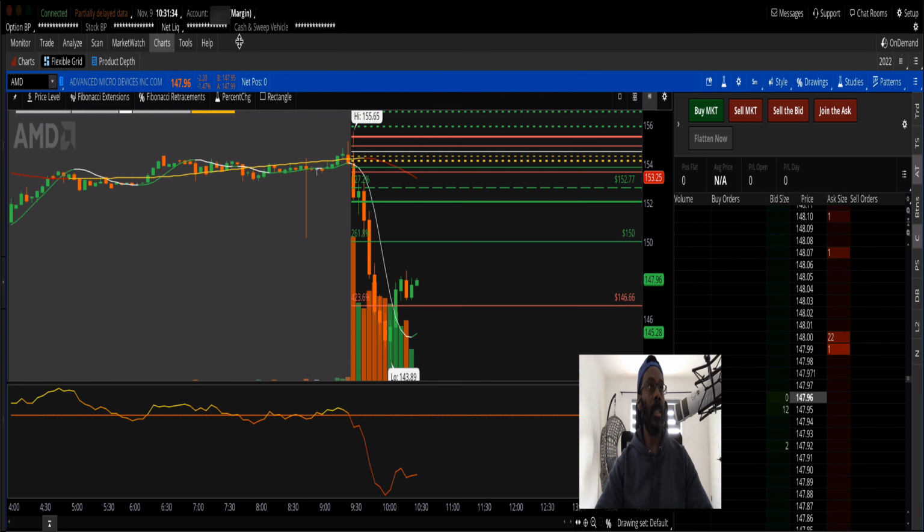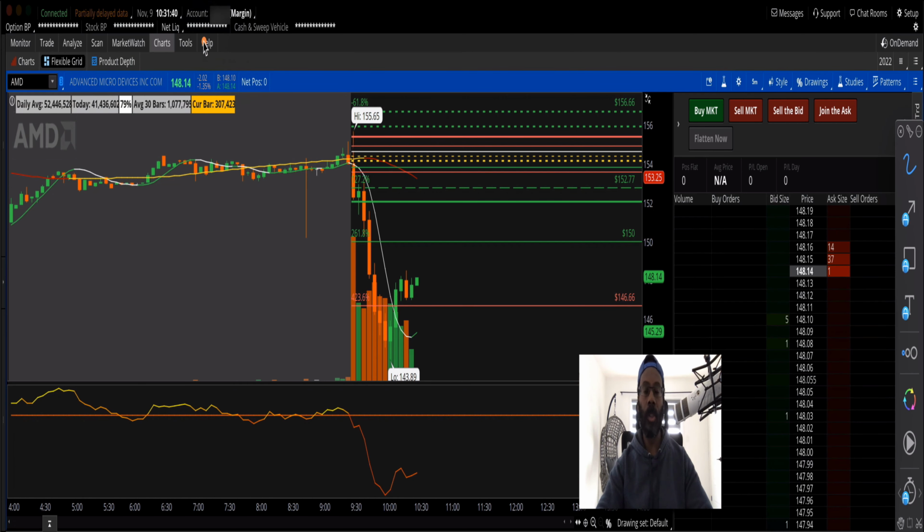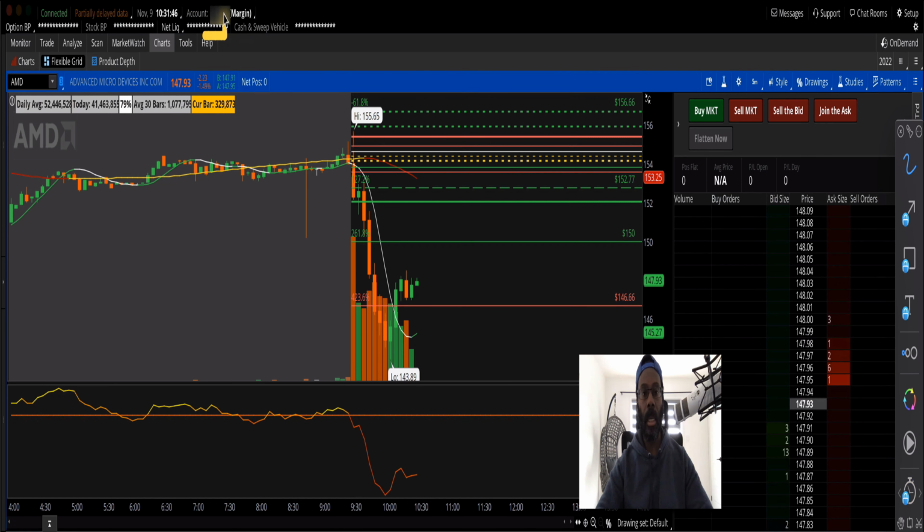This is my full account right here. Forgive me if I'm looking at the screens while I'm talking to you. We're live trading. This was the live trade. Here's my account, it's a full margin account. I have to blur out my account information, because I don't want to violate my terms of service with my brokerage. See the time there, November 9th, it's 10:30.